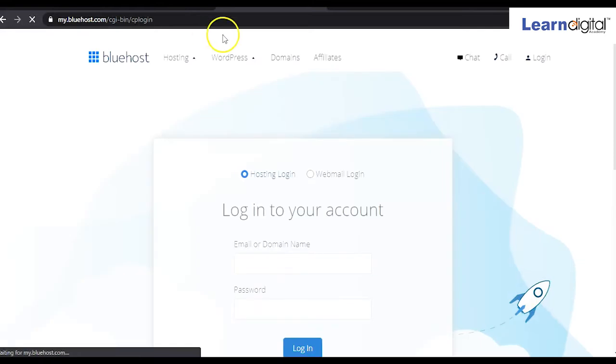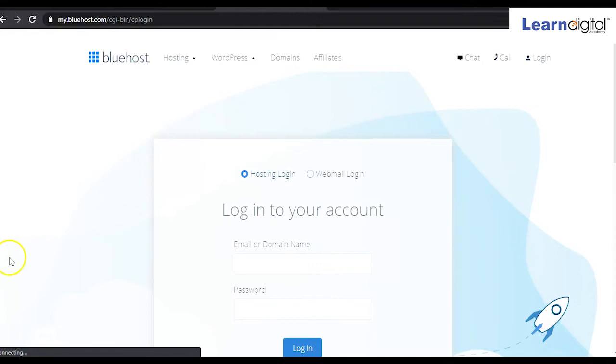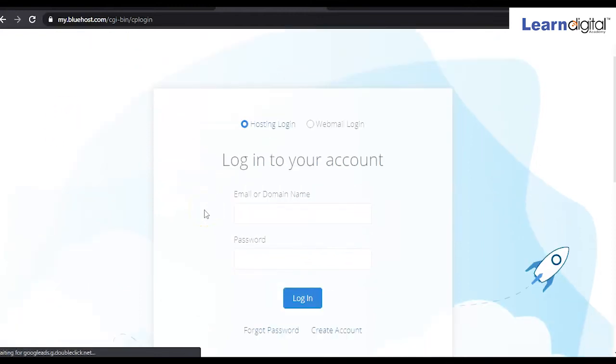So whenever you purchase a hosting plan, the company will give you control panel login. The company will give you access, right? With that access, you can enter into the hosting plan. So here what you'll be doing is typing your username and then your password as well.